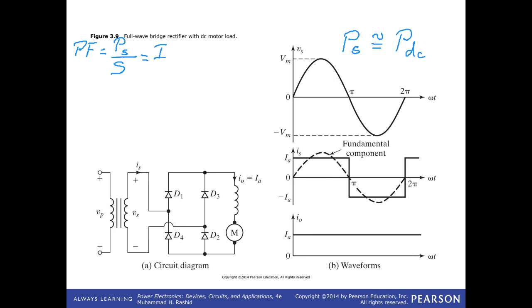S, however, S is equal to Vs RMS times Is RMS. So what's the RMS value of this current? What's the RMS value of this current? Is is equal to